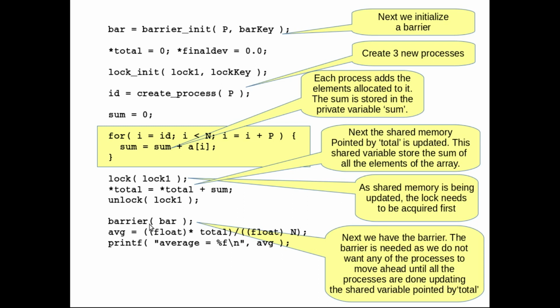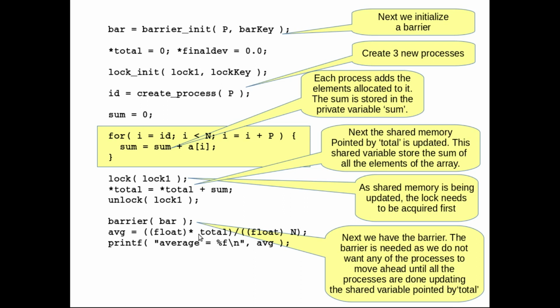What we mean by that is, let's say process 0 has updated its sum to this shared variable, but the other 3 processes, process 1, process 2 and process 3, have not updated their sum. So after process 0 updates, if it does not wait in this barrier and if it goes ahead, it will calculate the average using a wrong sum,